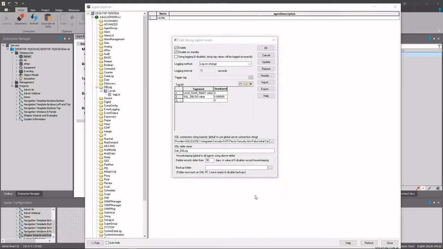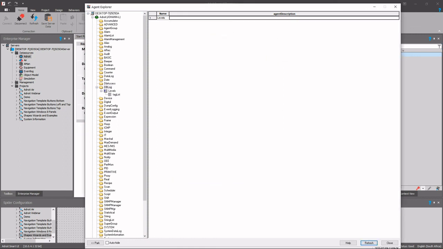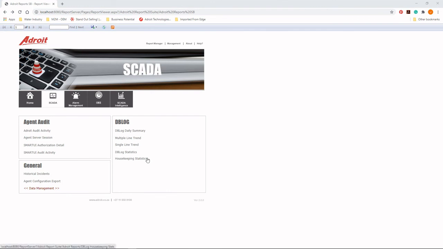Before we look at the actual reports, all that's required is to, in Adroit under your DBlog agent, select the tags that you would like to view in the report, log them based on the method or methodology that you require. From there, make sure that you connect to a SQL instance and press OK. The ability to now connect to your log data from the DBlog data that was previously configured as shown will now be available,